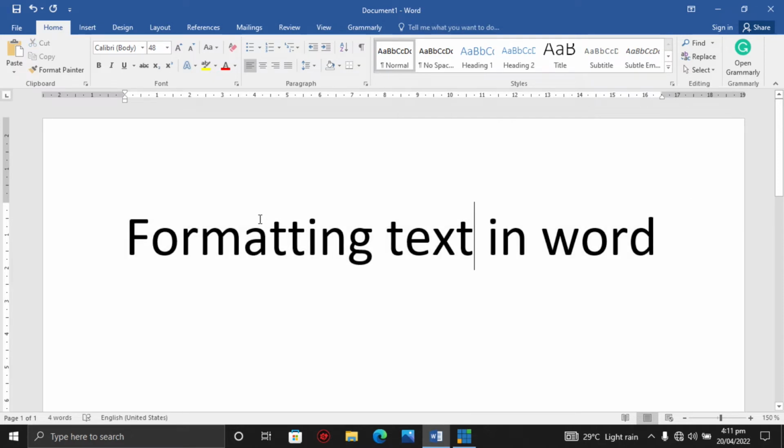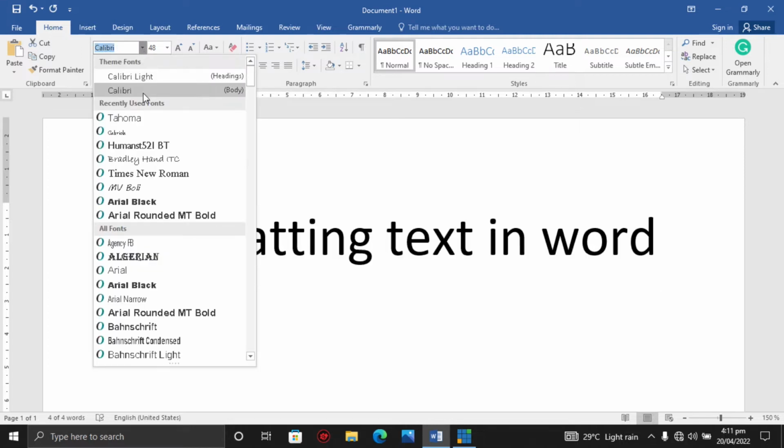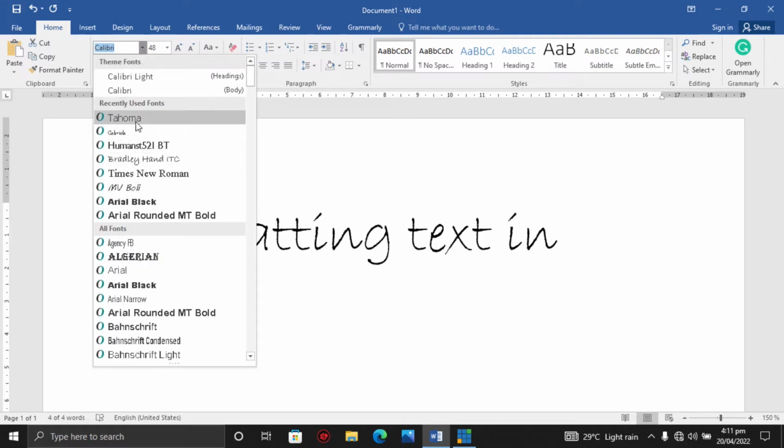All right. Now let's highlight again. When we highlight this text, we can go to our font family here and click on the arrow down. So we have different font families.